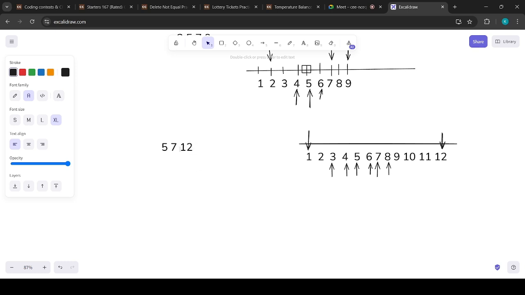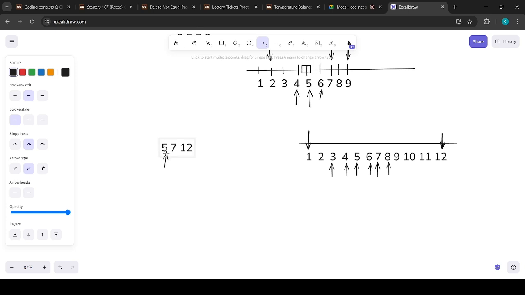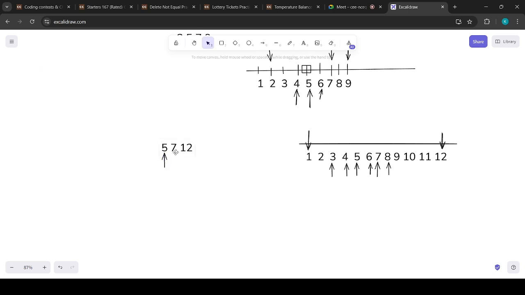Chef has chosen the first, which is 5, and others are 7 and 12. So in this case,